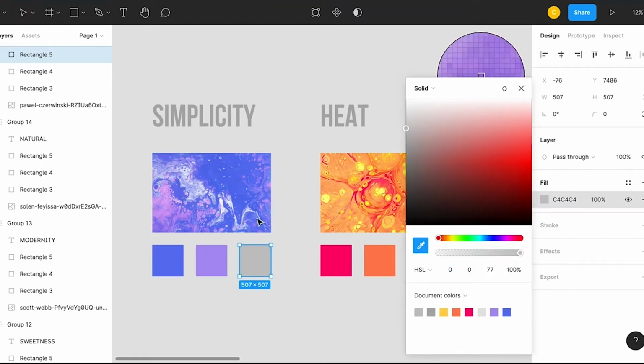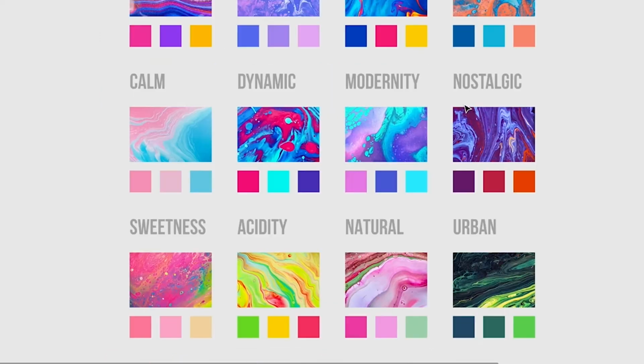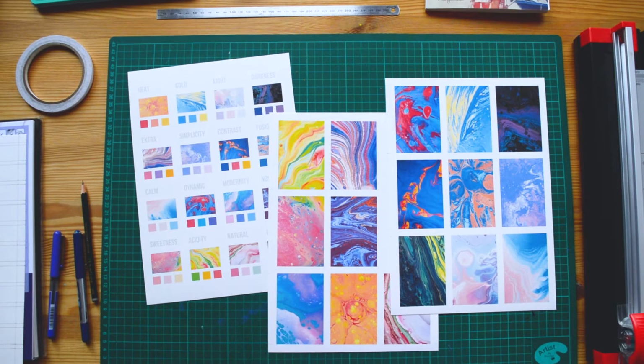I never used this exercise to create color palettes after my school years, but it's really an efficient method. I could have stopped here and I would be really happy with these 16 color palettes, but the assignment was to be able to recreate some colors with paint, so we'll go for the painted palettes. Once I'm happy with the colors, it's time to print the color charts and the images.